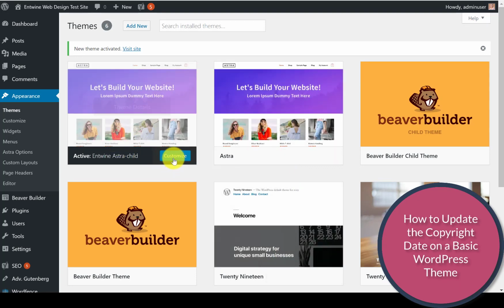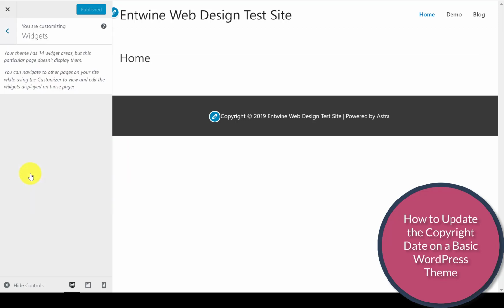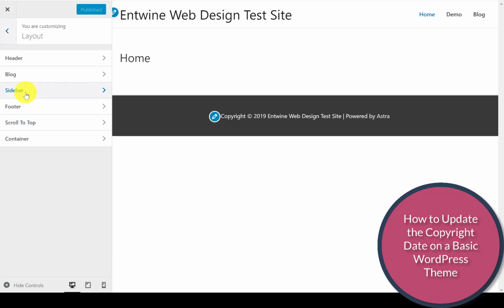And again, the footer settings are in the customizer. So right here from the theme panel, I can click customize. Okay, now here you'll note, oh my gosh, it doesn't say footer anywhere. And if I look in widgets, it's not there either. So what do I do? You kind of just have to explore. And this one, actually, the footer is under layout. So if I go to layout, I'll see footer